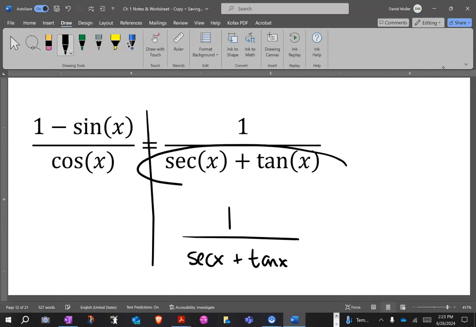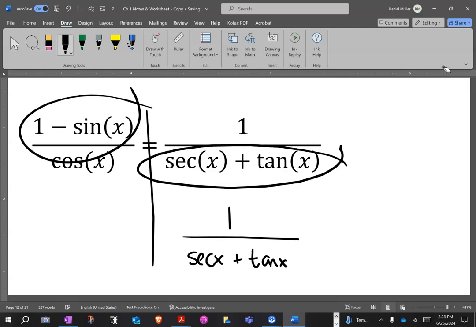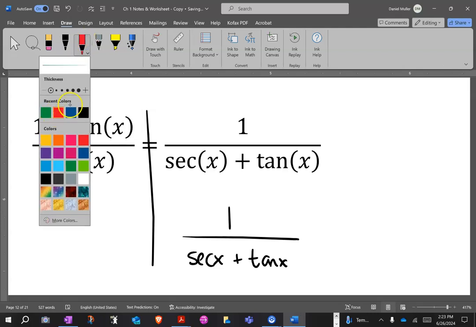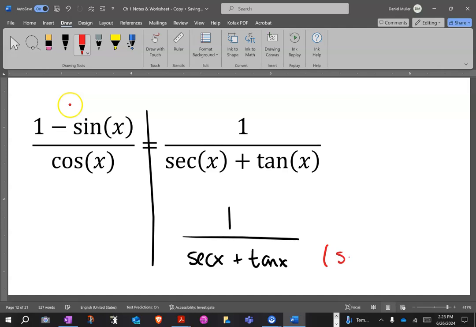It's going to be really hard to turn something into that, so I might as well start with it and try to turn it into sine and cosine at the end. So I'm going to just try. Again, I haven't done this yet. So I'm going to multiply by the conjugate, secant x minus tan x. And I think if I do that, I'm going to have